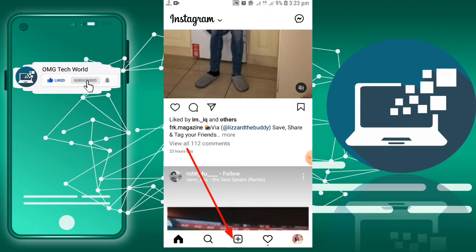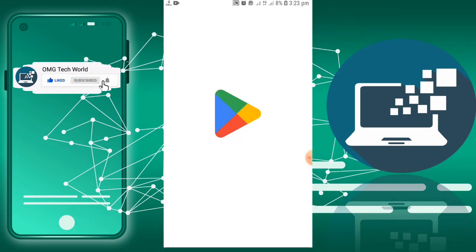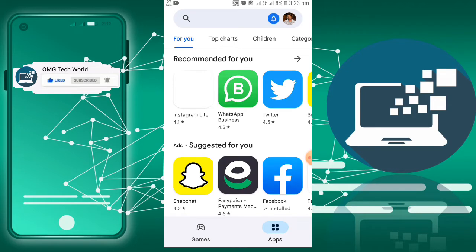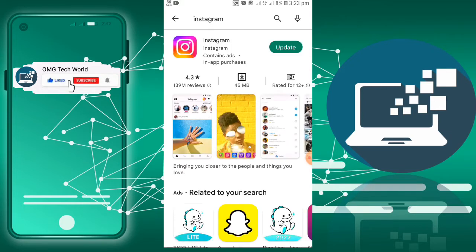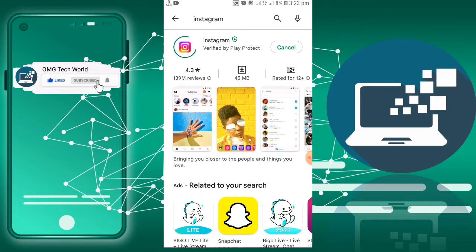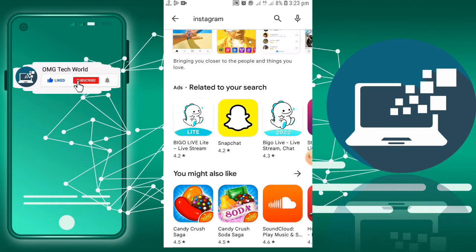First of all, what you have to do is close Instagram. After that, go to your Play Store. In the Play Store, search for the Instagram app. As you can see, if I search for the Instagram app, first of all you have to update it. After you have updated your Instagram app and you are still not getting the Instagram Reels option, then what you